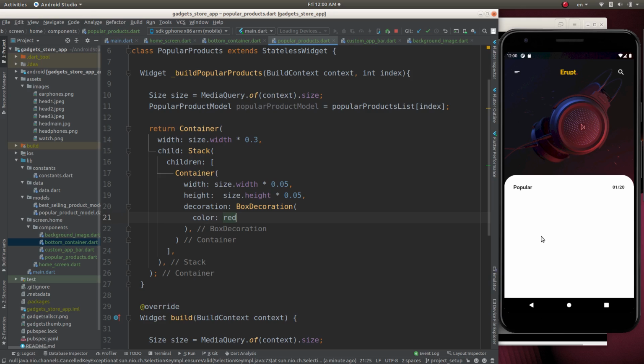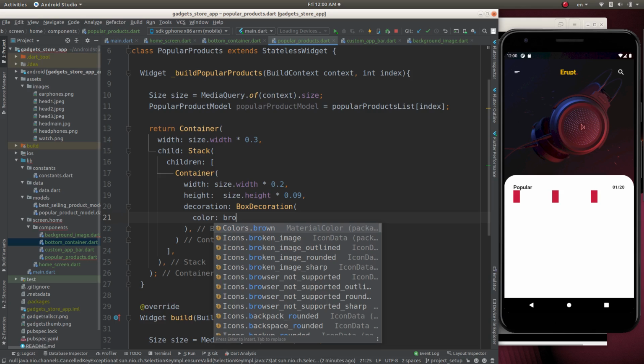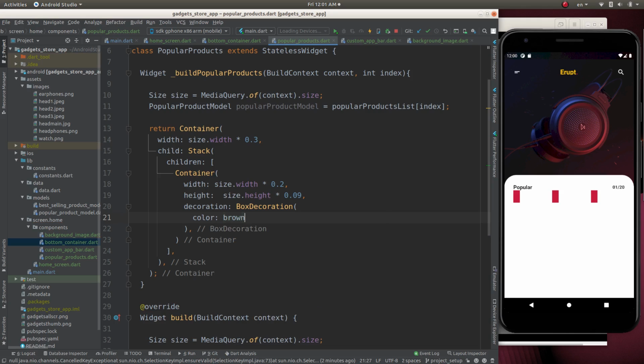Okay, there is nothing showing. Oh, that's a small container. So let's see the big one. That's 0.2 and 0.9, and change to brown. Okay, that's good. Let's grab the container